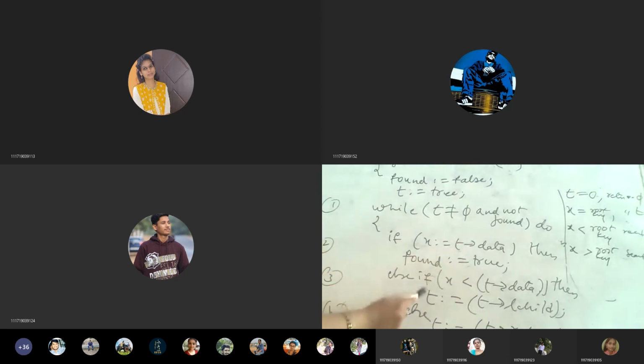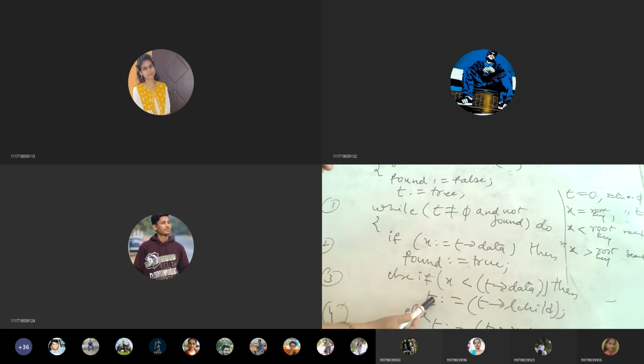If that is false, what is the next condition? Search element you check with the root value. Either search element is less than the root node. Then if it is less than the root node, what T should iterate to which side? Towards the left. Since the element you are searching is less than the root node, the lesser value you will find in the left subtree.